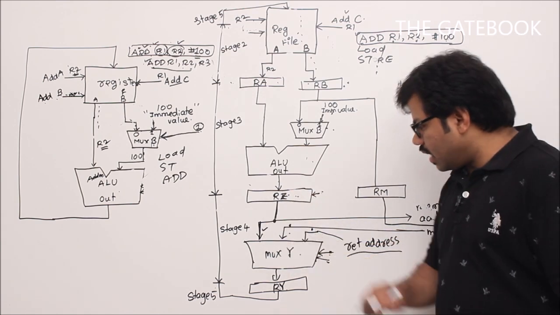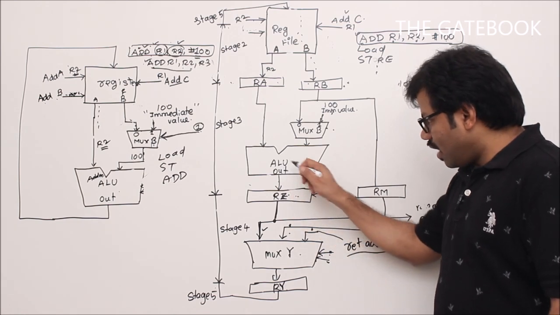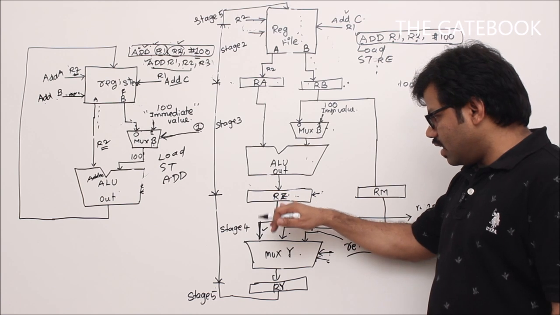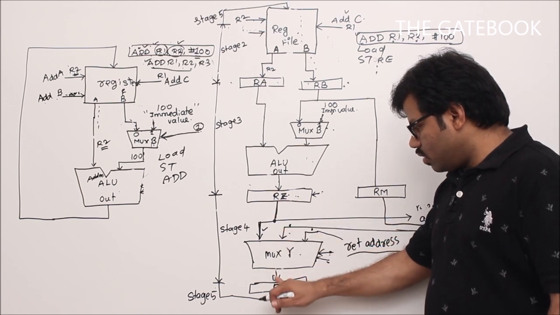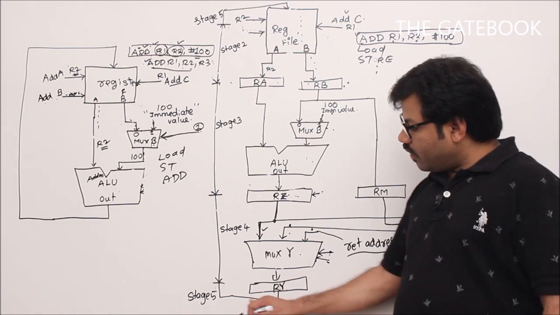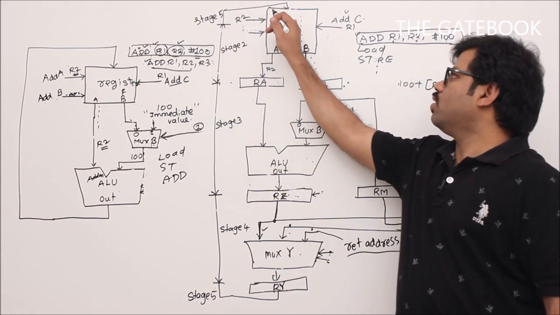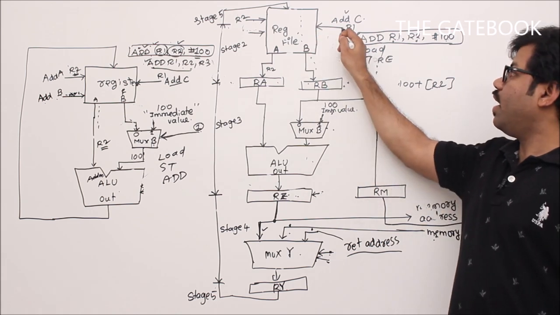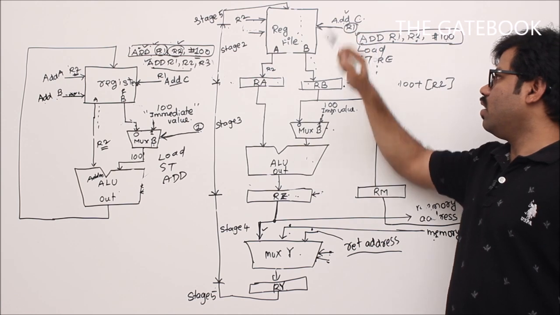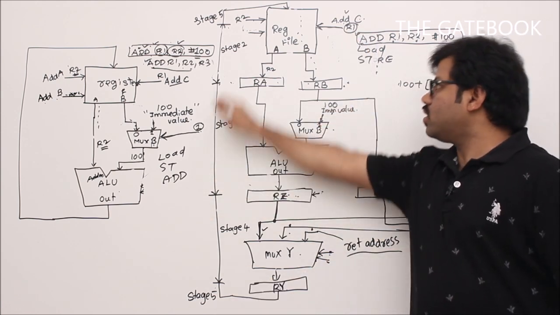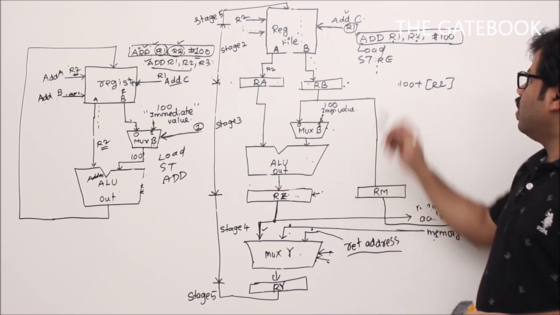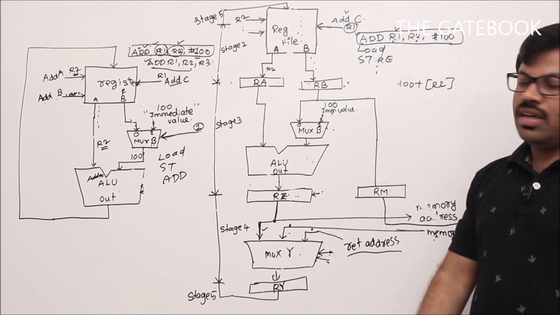If this channel is selected, what happens? The ALU data, whatever the computation is done, that addition result will come here. Then it will pass through this multiplexer. It will come to RY. Then this RY's data will be taken back to the register file, because already we enabled the right register. Since this address is connected to R1, whenever this data comes, that will definitely go to R1's register, so that data will be stored in R1, right? Now,